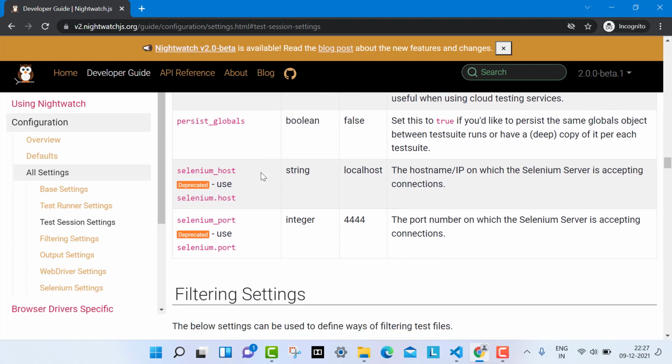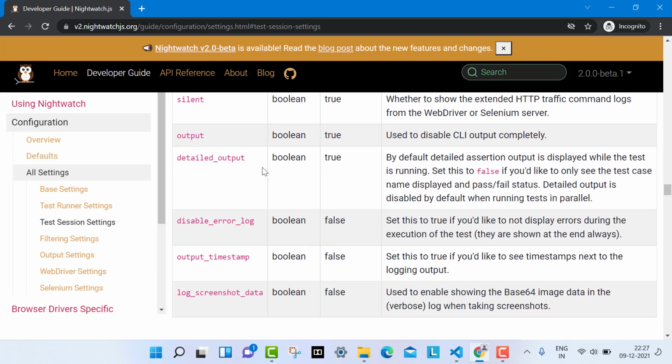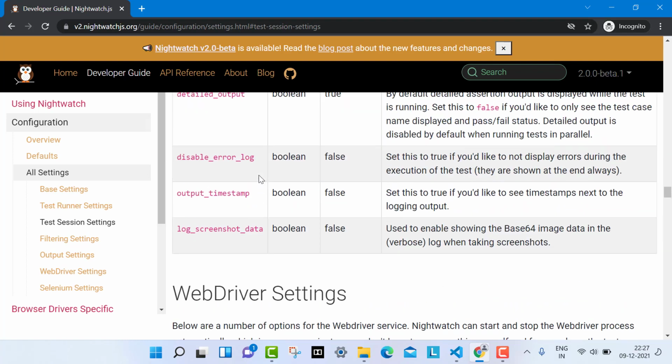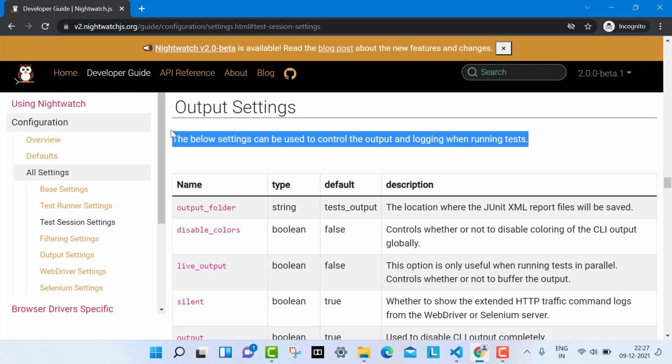Now some filtering settings are there, some output settings are there. So let me tell you these output settings first, before going to the test settings and other settings. So what is this output setting? The below settings can be used to control the output and logging when running the test. This is a very useful setting. So output folder, what is this output folder?